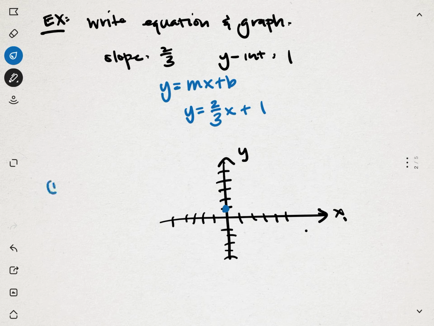First thing we want to do is y-intercept. Make sure we get it on the correct axis. Some people make the mistake and put it on the x-axis accidentally. It's a common mistake. And then from our y-intercept,